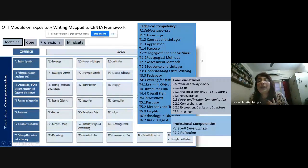And these blocks over here show how the Oxford University Press modules are mapped to the competency framework that CENTA has designed. Okay, so one particular module, for instance, I think this is the one on expository writing, if I'm not mistaken. So this is the one where all these aspects, which are also available in the CENTA framework, the two are mapped and they work in tandem, so that